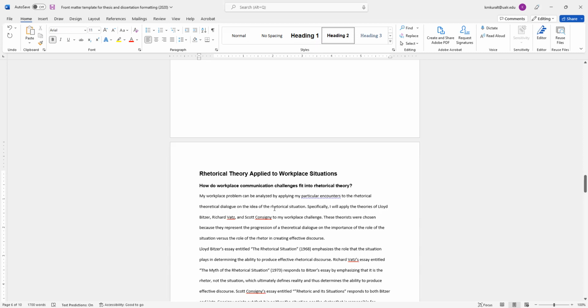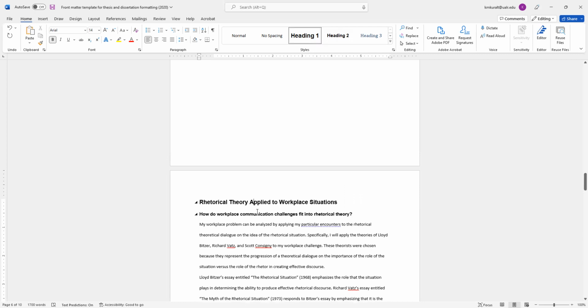But the other benefit of this is that you've now basically told Word where pieces of your text live. And once you've done that, it knows what page these headings are on forever, and it can make your table of contents out of it. So now we're going to do the third complex step of this, which is putting in the table of contents and applying the page number correctly.